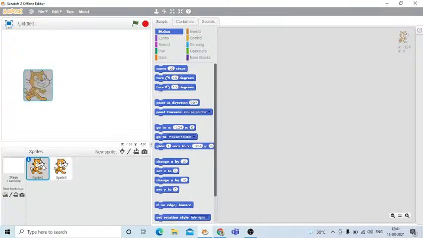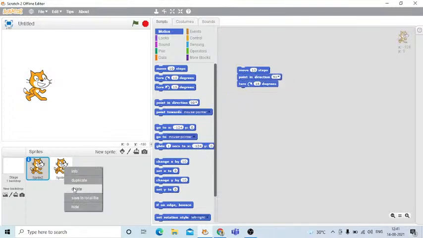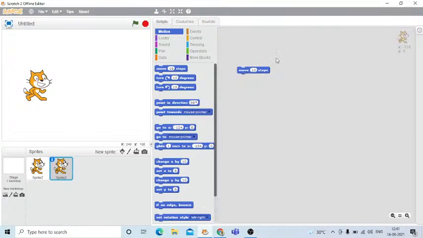Now let's check if this can duplicate with coding also. Okay, suppose I want this coding here. Okay, delete this, and let's see. Okay, now let's see. Wait, it duplicated with the coding also, or you can just right click and duplicate. So the next tip is that